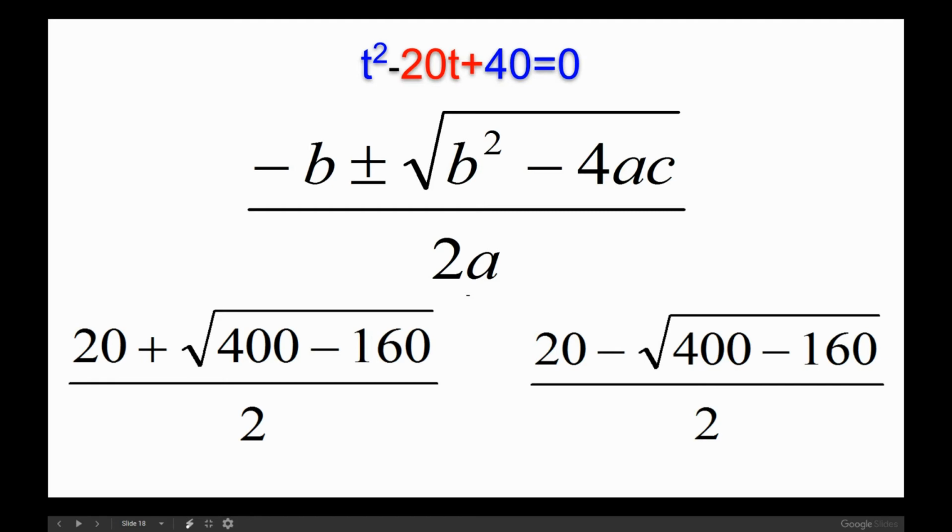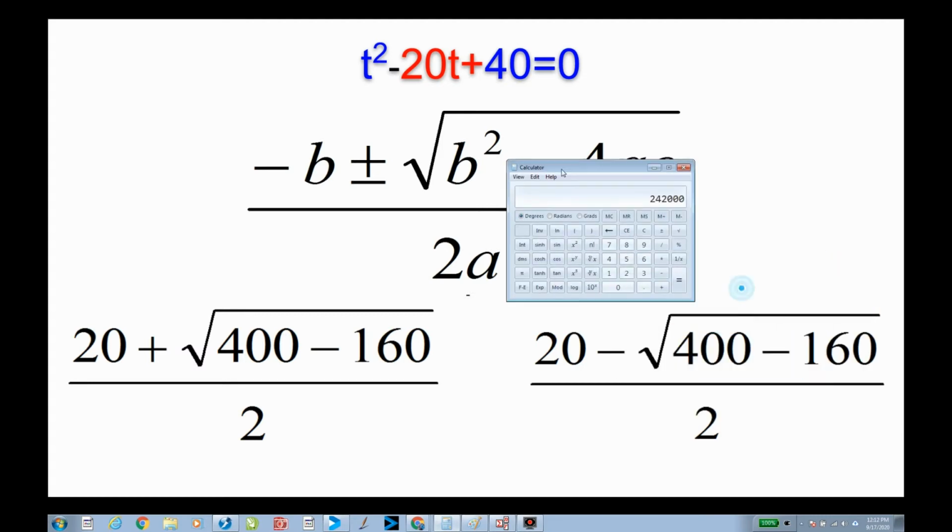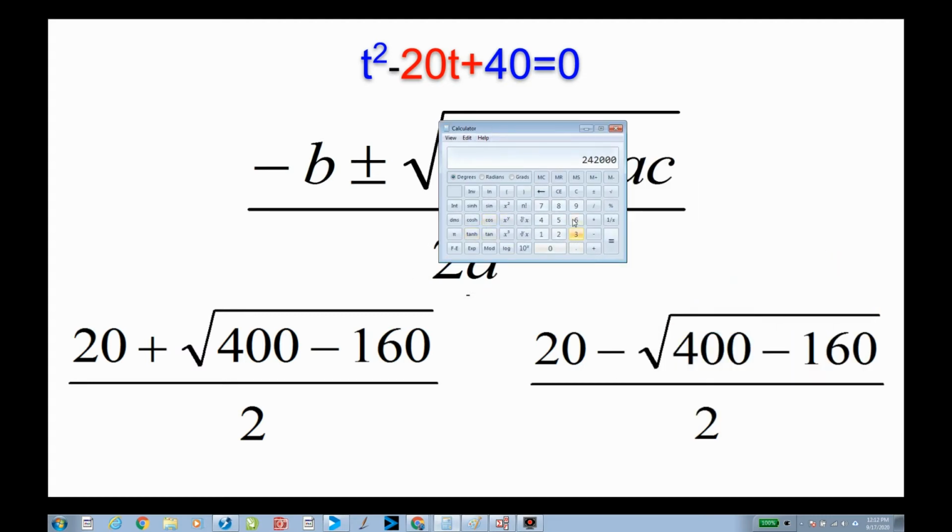What's the quadratic formula? Minus b plus or minus the square root of b squared minus 4ac, over 2a. So if you plug in these two numbers here, get my trusty calculator out. 400 minus 160 is 240, square root, and plus 20, divided by 2. There's an intersection at 17.7 seconds, and on this one we get 160 square root,